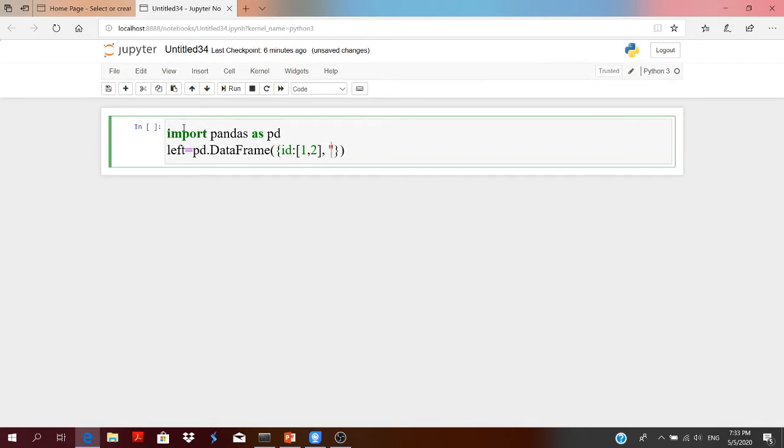Another element, name of the students, Anil, Vishal. Their subject IDs, subject 1 and subject 2.